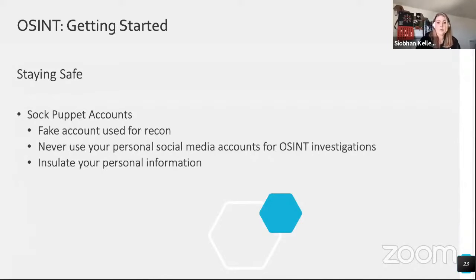It's very important to protect your personal identity by not using any personal social media accounts to search for people. As I said before, we don't know what their situation is, and we don't want any of that blowing back into our personal lives. A sock puppet account is a fake identity that you can use for recon. I strongly recommend creating sock puppets when investigating social media accounts instead of using your own.